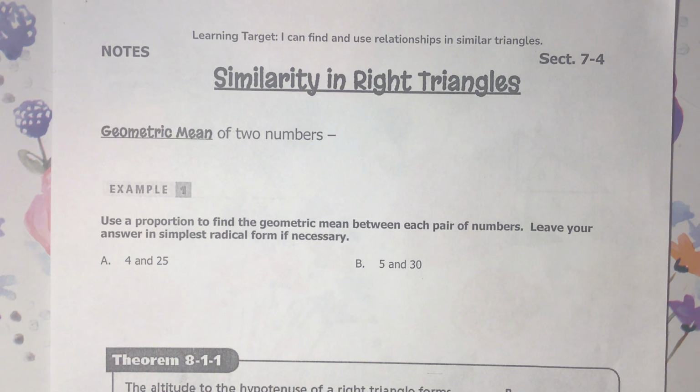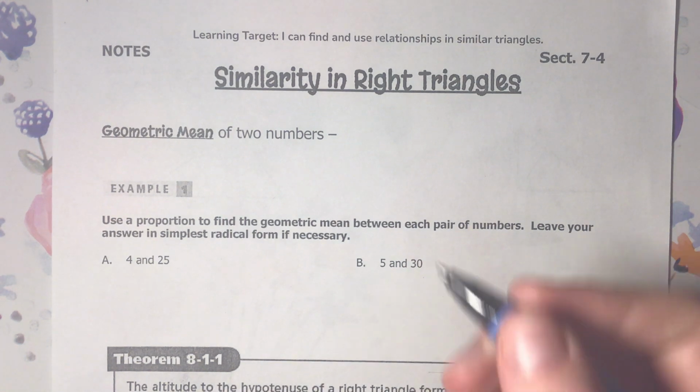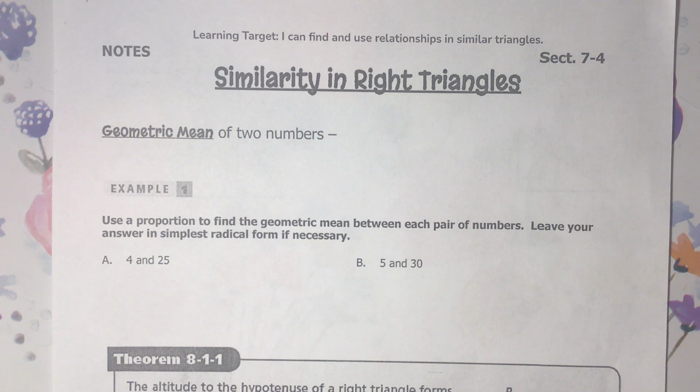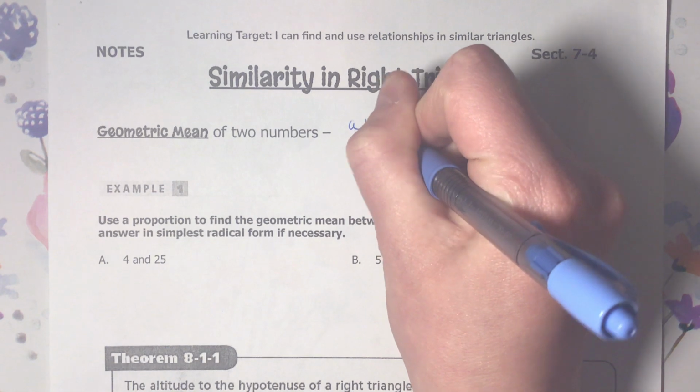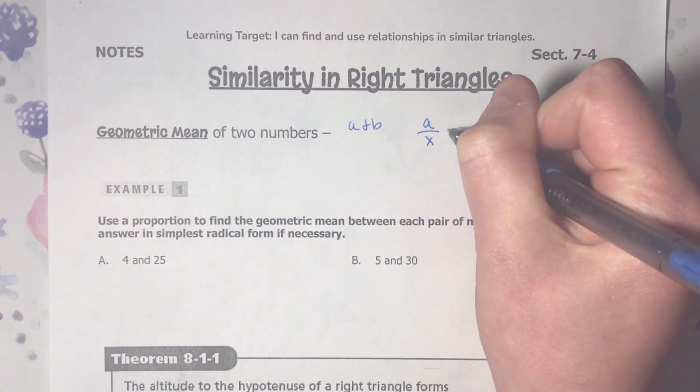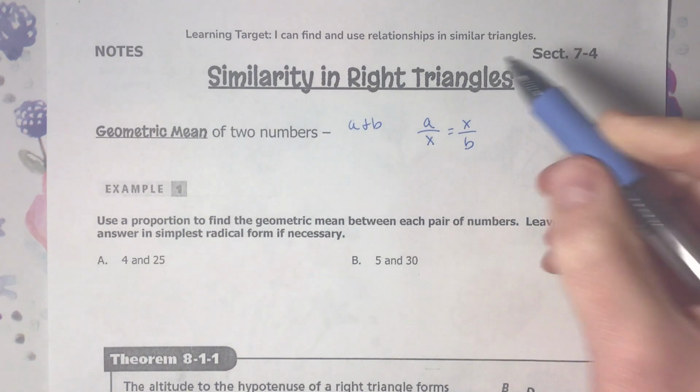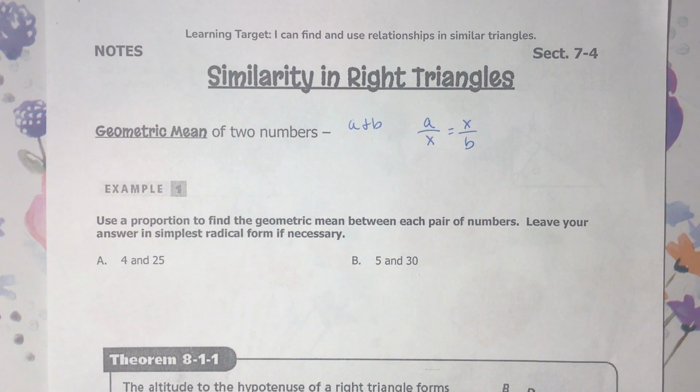So to begin with, we have a definition of geometric mean of two numbers. A geometric mean is essentially a particular value in a proportion where one of the cross products is the same. I'm just going to write this out algebraically so you can see what that is. Let's say that we have A and B, and if we have A over X is equal to X over B,